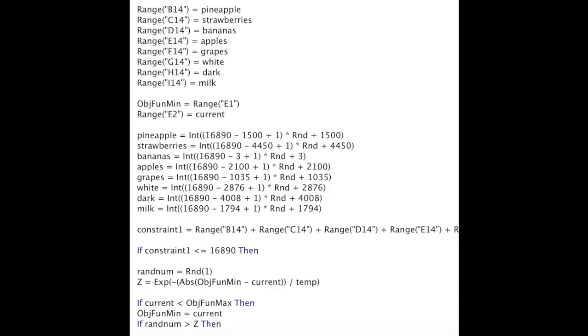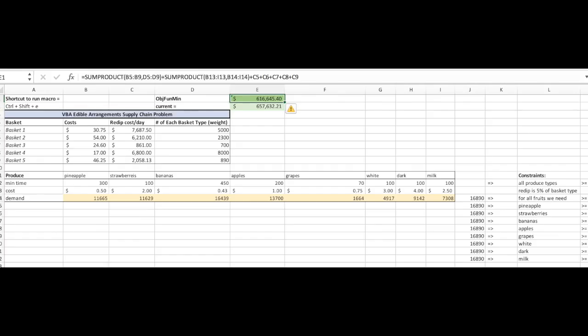Then we begin the annealing process. When the value of the constraint is less than or equal to 16,890, which is the maximum allowed value, we randomly generate a number to test against and solve for z. This is e to the negative value of the best minus the neighbor or current solution, divided by temp. If the current is less than the best minimum, the current value replaces the best and becomes the new best solution. We continue to loop, and each iteration takes the temp value and divides it by 2. The best feasible solution I have found using the simulated annealing process is